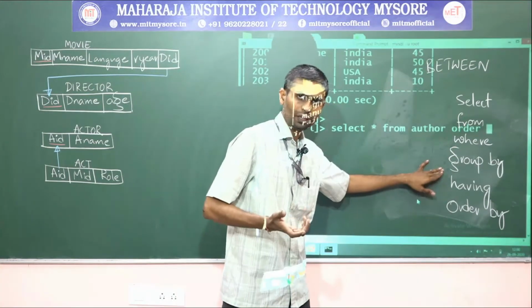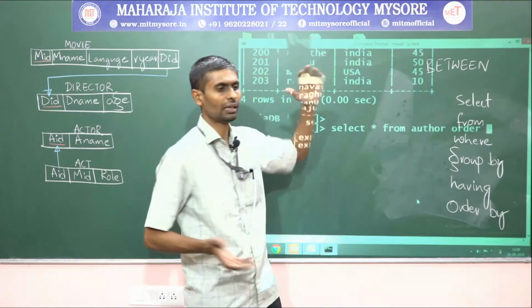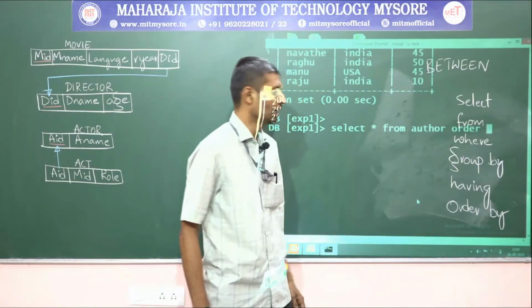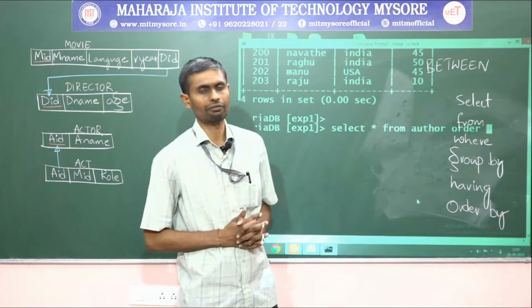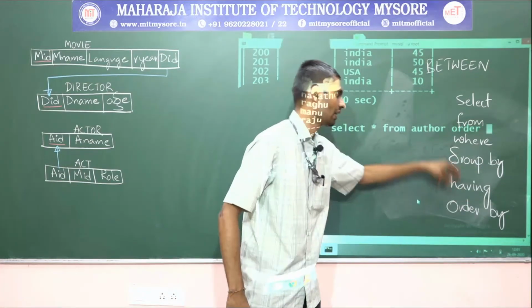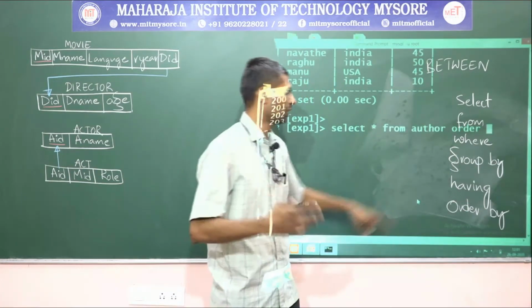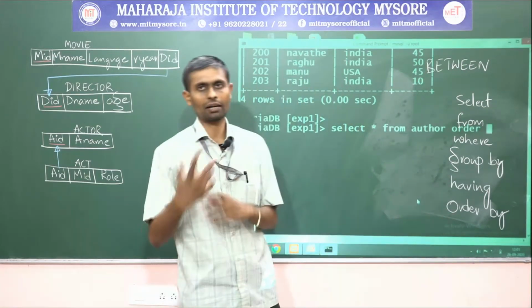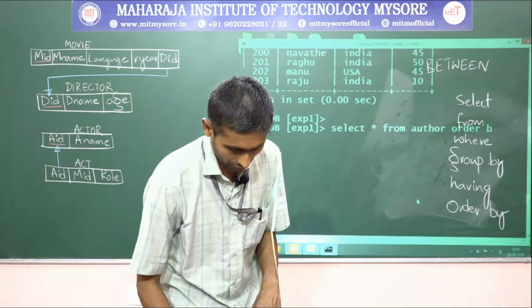Then I don't want to group it, because I want to consider the whole table data, right, as a single group. So for that, I don't want to make use of GROUP BY, and even I don't want to make use of any aggregate function. So for that, even I skip this HAVING. So we skipped three things. What all, guys? WHERE, GROUP BY, and HAVING. Then directly I move to the ORDER BY clause now. Let me write ORDER BY.